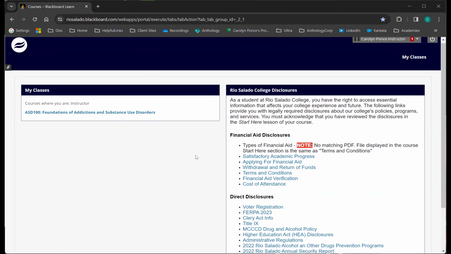The big difference between edit mode being off and using student preview is that with edit mode, you're not able to submit an assignment and have it go into the grade center. So if you want to see what the grade does after submission, you want to use that student preview option.